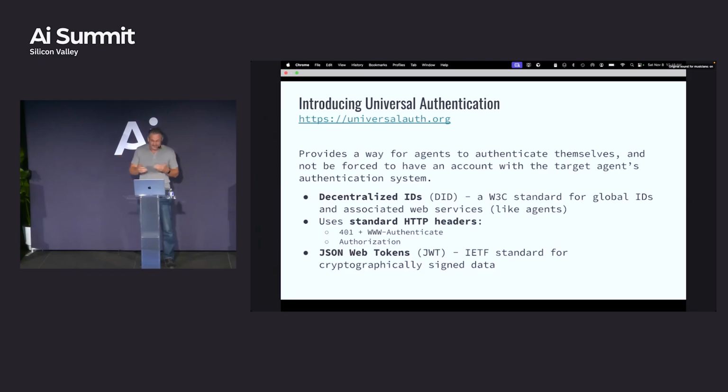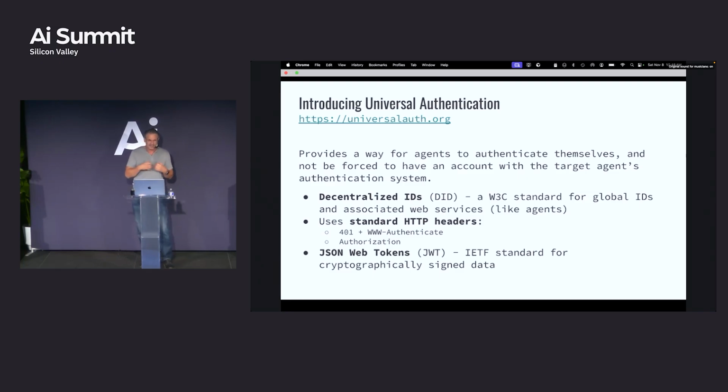We have HTTP. It works really, really well. And so with HTTP, if you're talking to a service endpoint and it doesn't like you, it just throws a 401 at you. And the traditional way is it fires a 401 plus a WWW-Authenticate header, and that has some information in it for you to finish up and authenticate in some way. So I did a very, very simple challenge on the authenticate, and then Authorization is the other header. So once you've done that work, you can re-authenticate using the Authorization header, and you can log into that system. I think it's a very simple way to do it, and it seems to work really, really well.